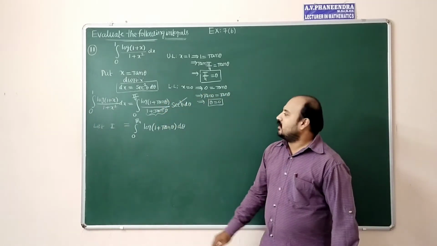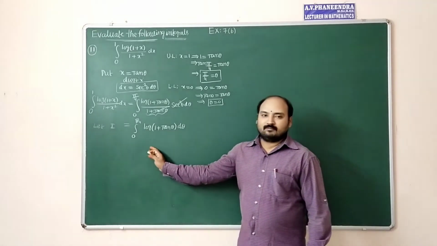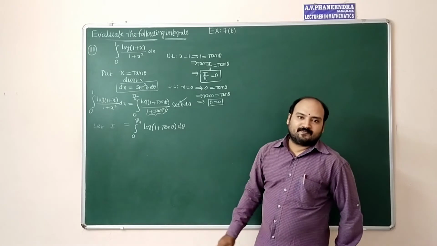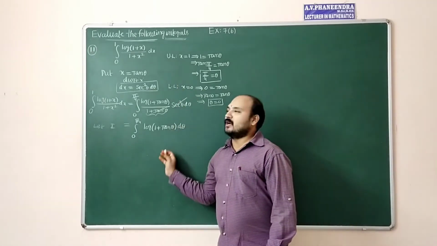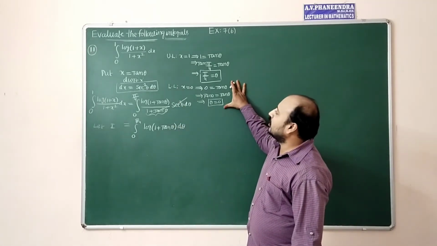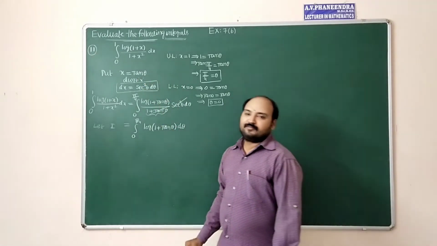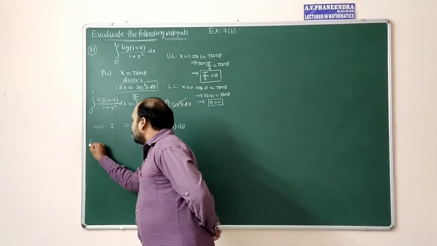Till here, you will get 1 mark out of 7, or sometimes they will give 2 marks also. Why? Because of calculating the upper limit and lower limit, taking the assumption and getting the answer. 2 marks till here. After that, by using